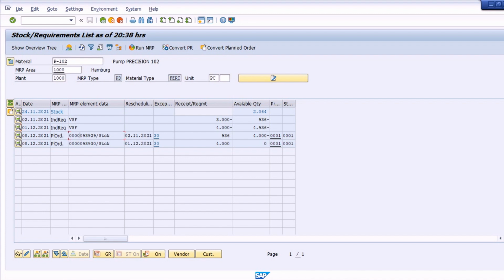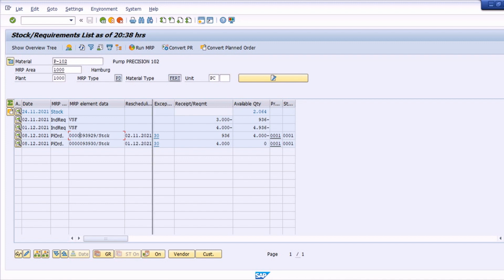So it cannot create a single planned order in November. Why? Because the planned order created in the month of November can satisfy the requirement of this particular PIR, but it is going to be well in advance for the month of December PIR. So that's the reason the system is creating two different planned orders for these two different PIRs.